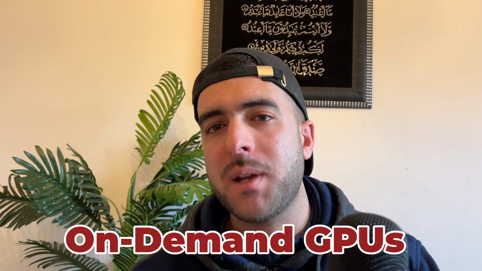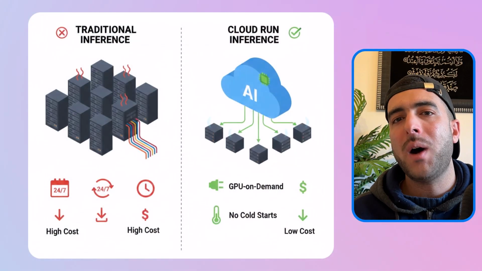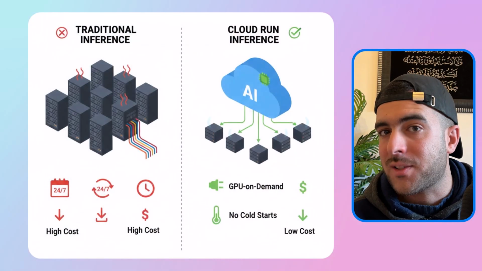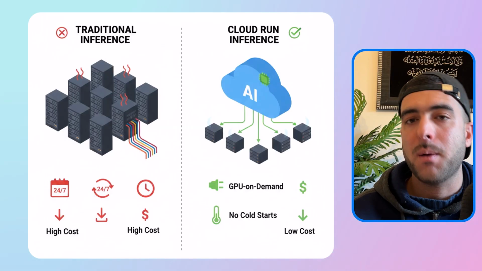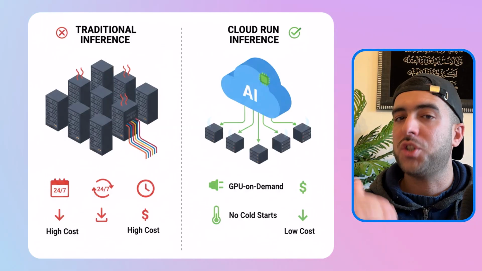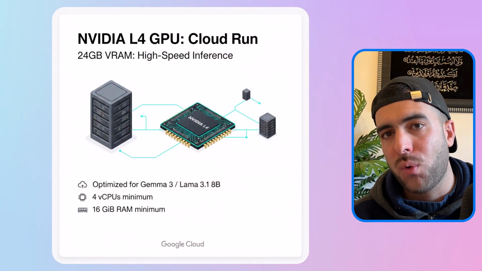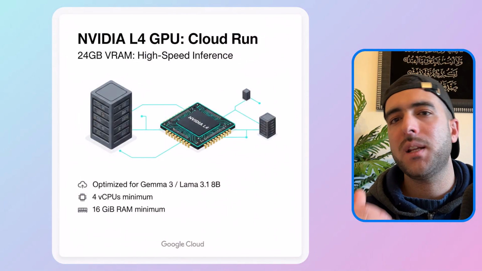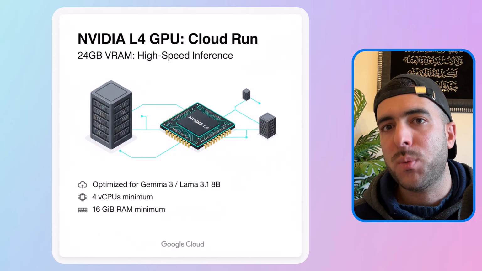Now, in 2026, the biggest shift is on-demand GPUs. Traditionally, AI inference required GPU clusters running 24/7, but with Cloud Run, you get GPUs on demand. And with Cloud Run, we mainly get two powerful GPUs. First, we've got the NVIDIA L4, which is perfect for high-speed inference with Gemma 3 or Llama